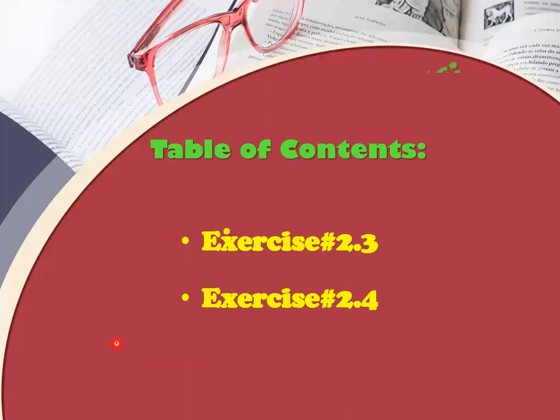So let's quickly go through the table of contents or the topics that we are going to cover today. As you know, 2.1 and 2.2 is very easy. So we will start from exercise number 2.3. Then we will cover exercise number 2.4 and then 2.5. Okay. And these are the exercises that we are going to cover today. And for the upcoming week, I am going to take the test from exercise number 2.1 till 2.5 along with theorem. Okay, so I'm going to take the test of theorem again because these exercises are very simple and easy. That's why theorem will be taken again.